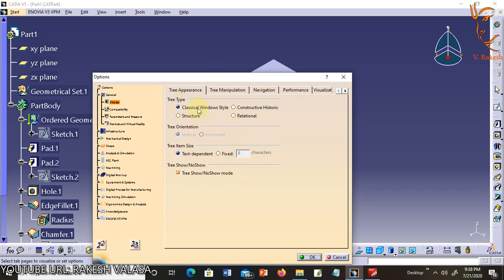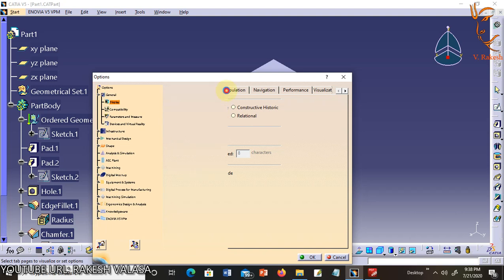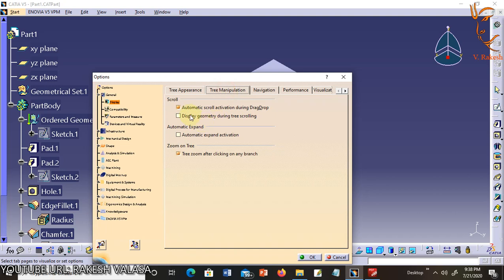From this window, under tree appearance, you can choose classical window style. From tree manipulation, you can choose automatic scroll activation during drag drop. From zoom on tree, you can select tree zoom after clicking on any branch.